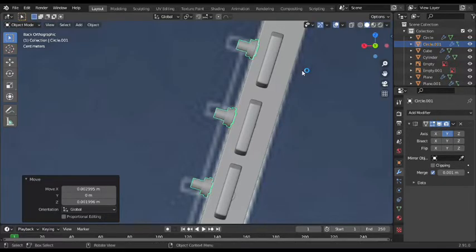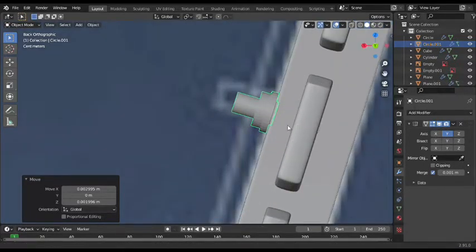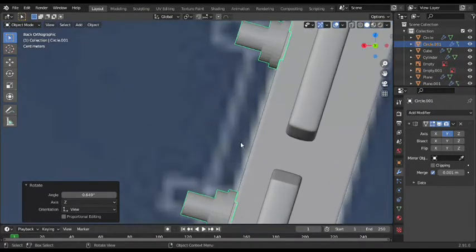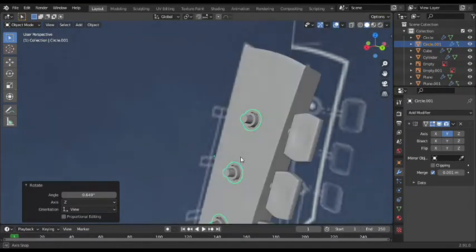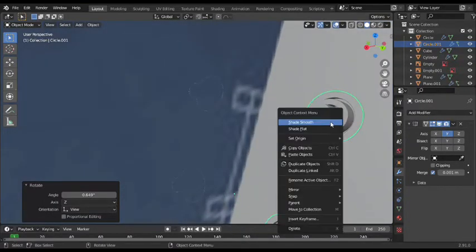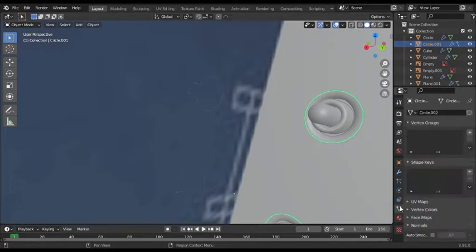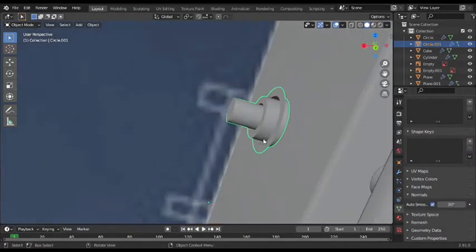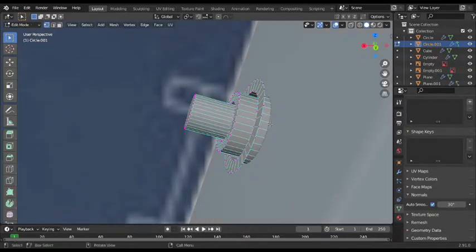Yeah, just like that. I guess it's okay for now. I'll rotate this a bit more because I don't want to let it be visible. Okay, I'll shade smooth this one and of course auto smooth. Cool, this looks awesome. Oops, by the way, I haven't covered this one, so I'll press Alt,